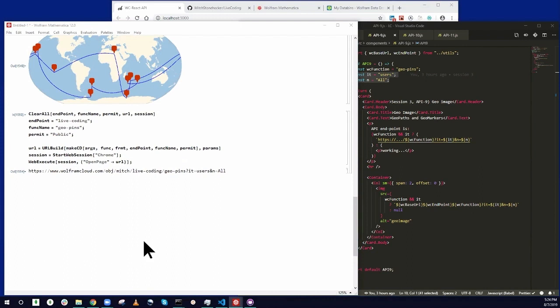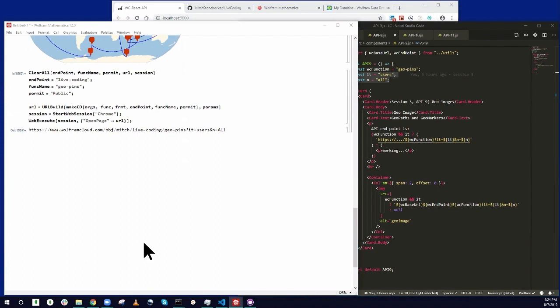So what I want to get into now is, and this is API 10. What I want to get into now, API 10, are some considerations about